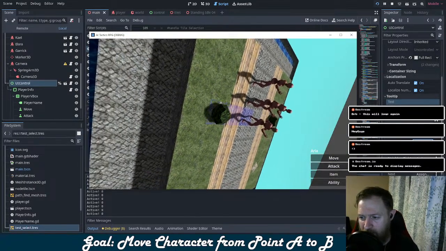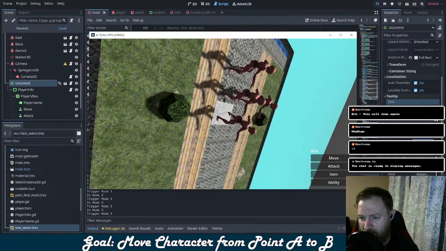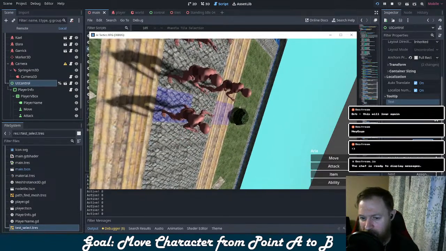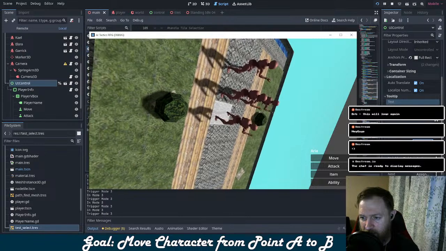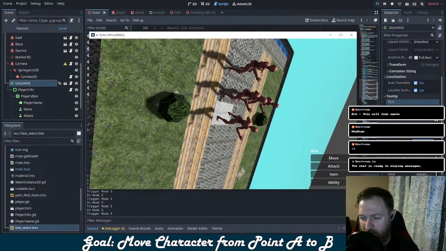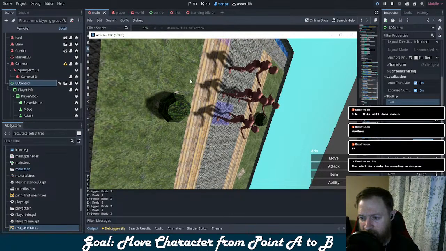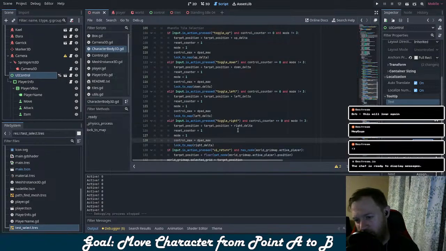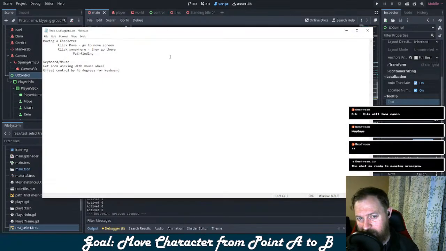Can I use my D-pad? Second, tab. Interesting. Let's see. When using keyboard arrows,